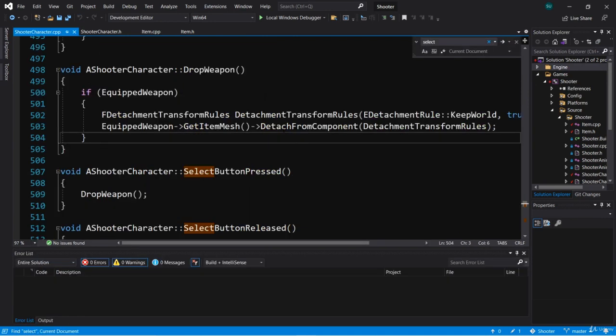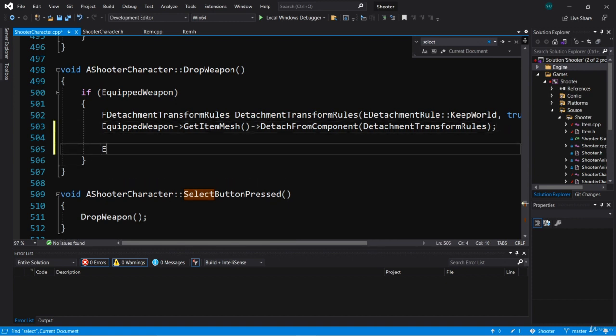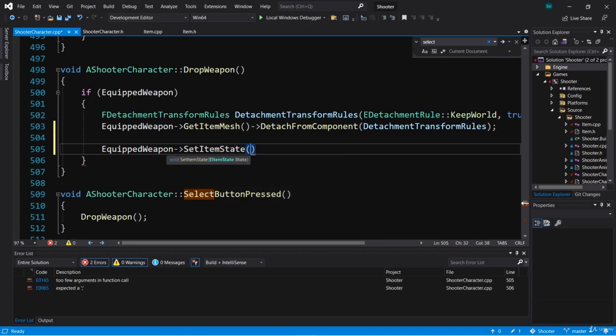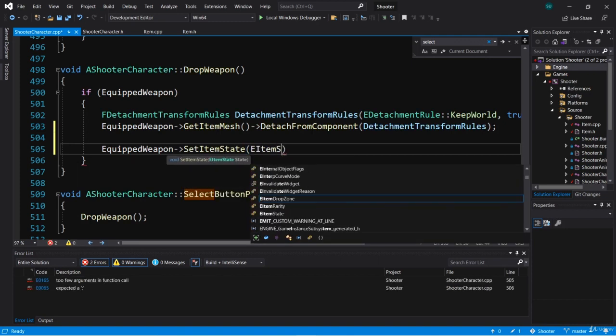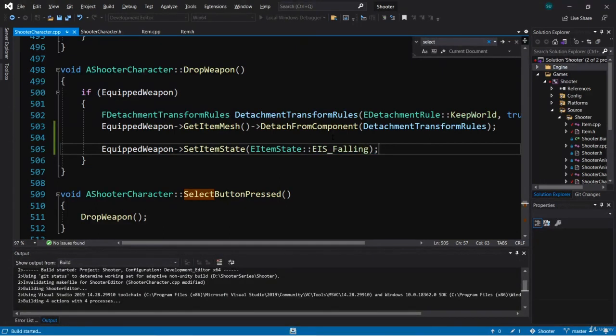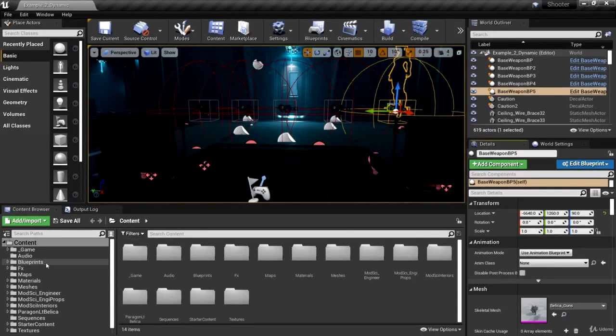Okay, so the next thing we're going to do in drop weapon is we're going to set the equipped weapon item state. So we're going to say equipped weapon, and we're going to call set item state, and we're going to set that state to E item state falling. And that should take care of setting all of the collision presets and the physics and everything else. So we can compile this, and we're going to go into the editor,